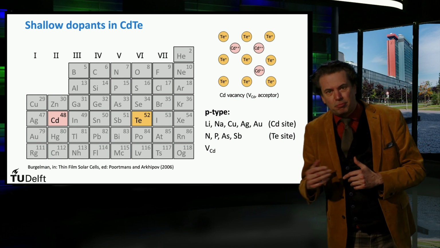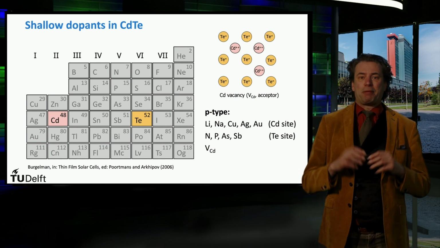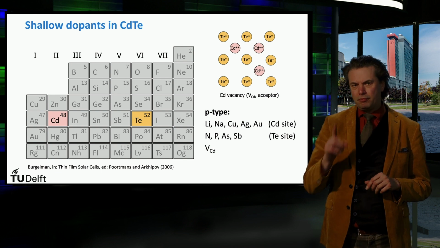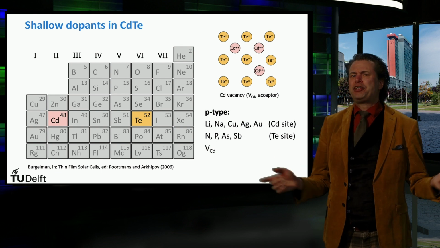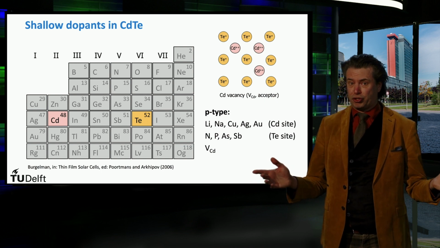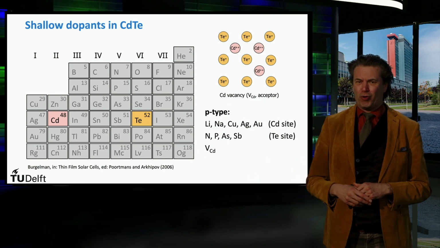In the standard cadmium telluride cell design, p-type material is used as the absorber layer. In the next video, we will continue our discussion on cadmium telluride PV technology. We will discuss the solar cell's architecture and the processing methods.